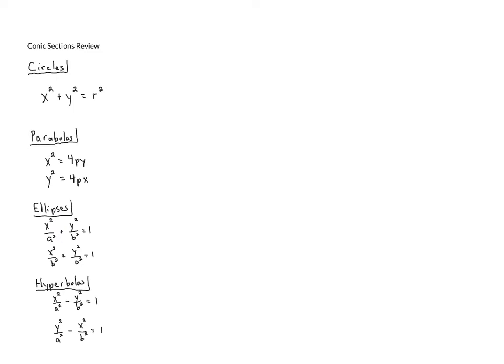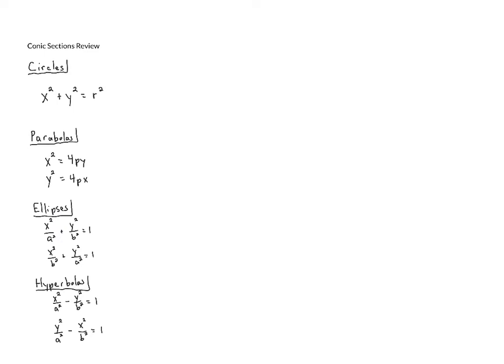In fact, a couple of lessons from now, we're going to be looking at equations that aren't exactly in any of these forms, and we'll have to decide what the graph's going to be and get the equation in the right form. Now that we've reviewed these equations, I want to talk about the geometric definitions of each of these,